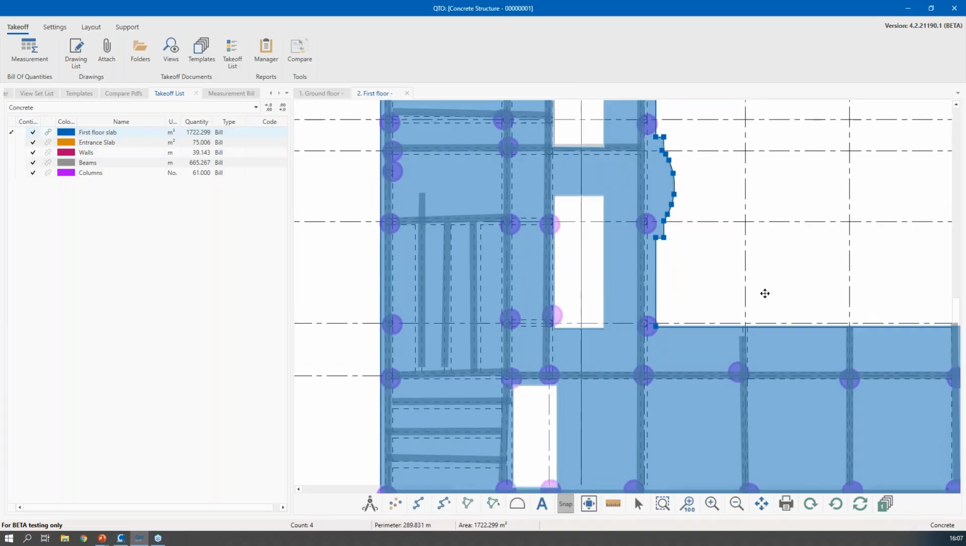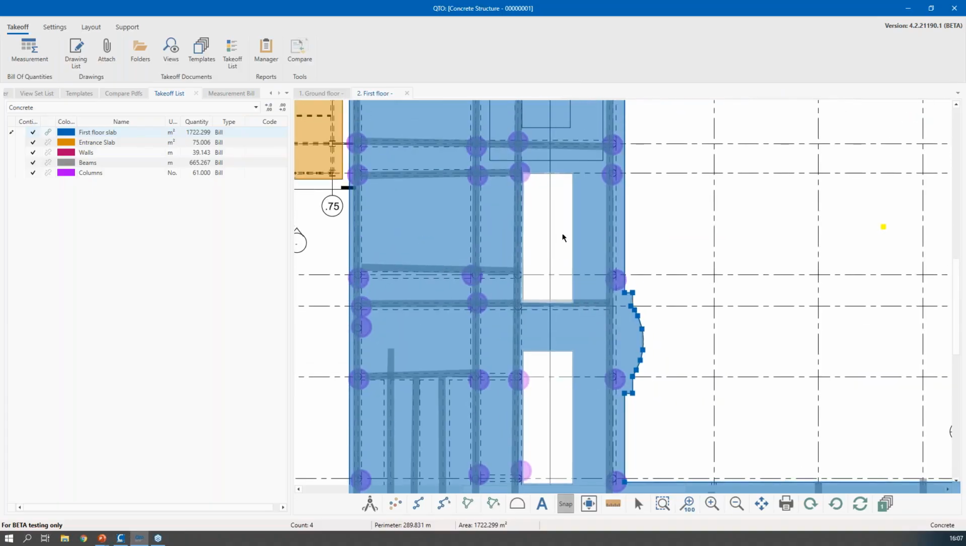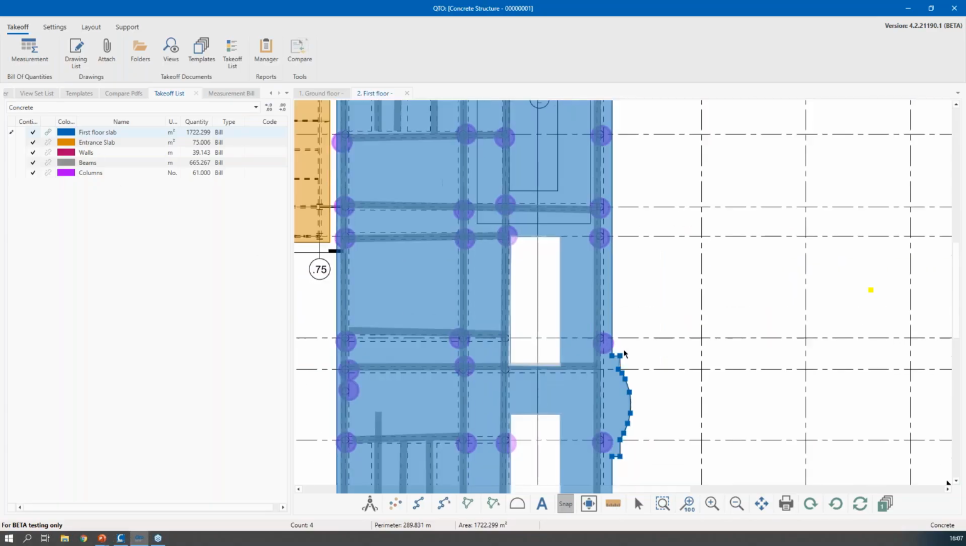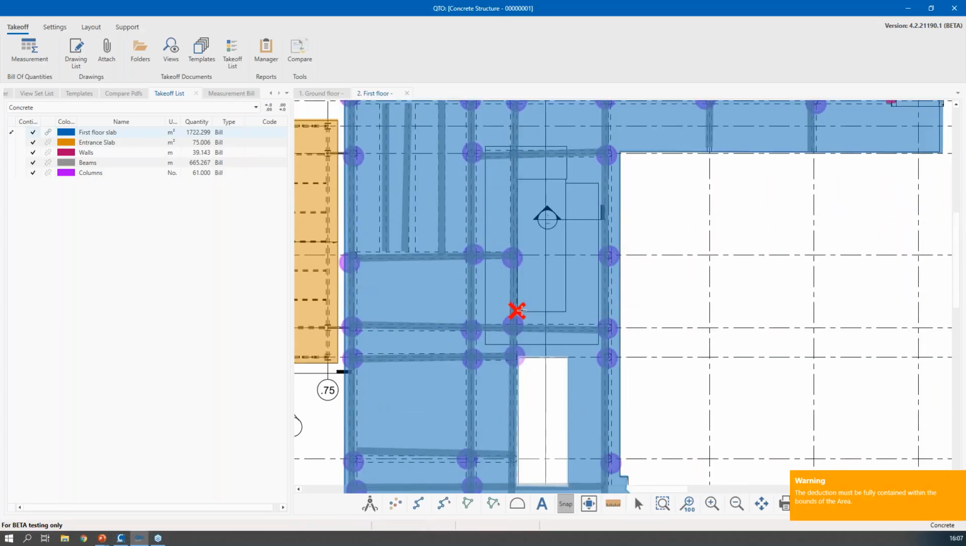Now in Qto 4.2, we've got a dedicated deduct tool. How that tool works is I would need to click on this area, and you'll notice that I can then right click and select deduct. And if I go to this one opening that's left, I can click around it and right click to end, and the area will be cut out and the value will change